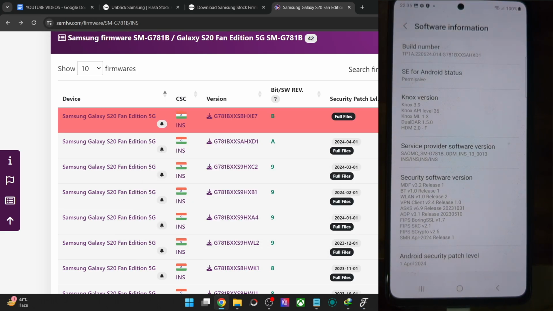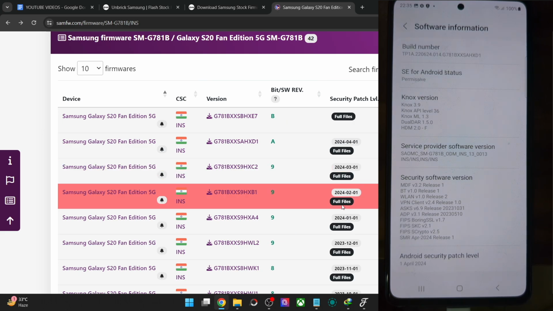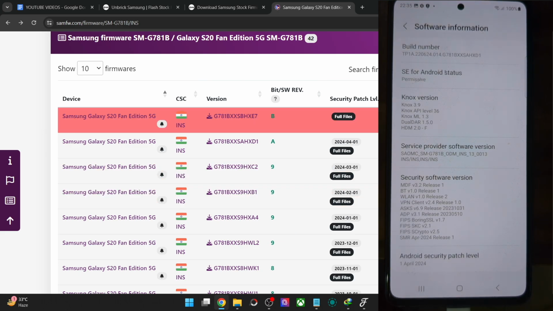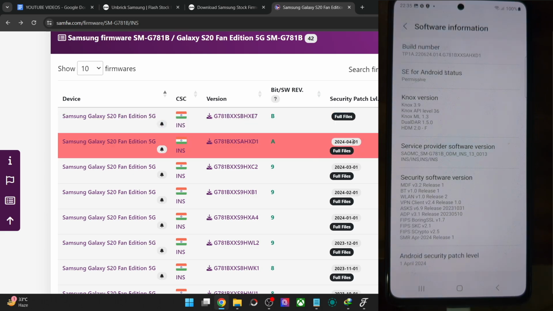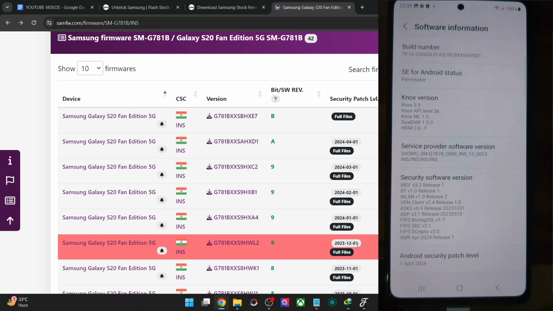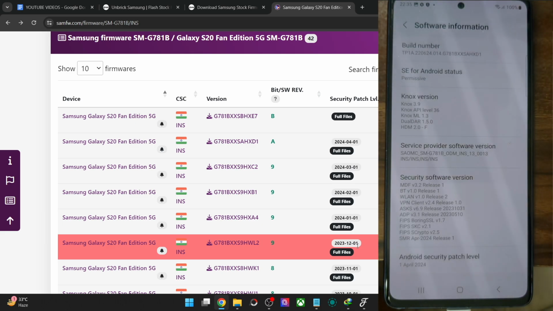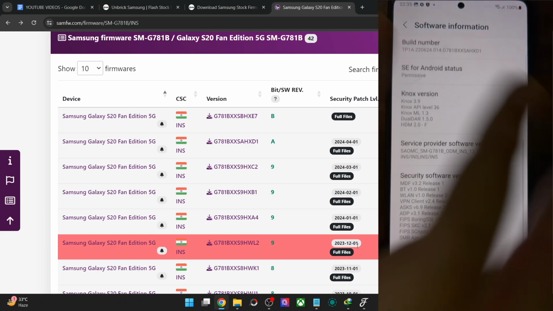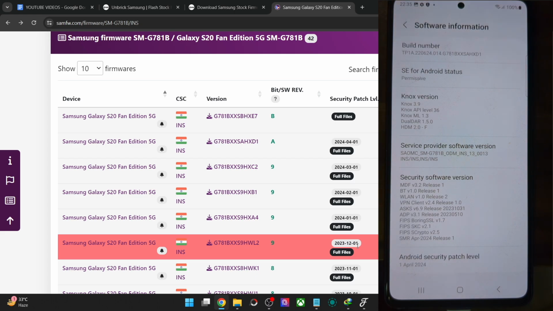So let's say you are currently on the February build and you don't want to flash the latest May build. Then in that case, you may also flash the April or the March build. Just keep in mind that do not do a downgrade directly. For downgrading, there is a separate video and guide I have made. You may check out that guide. You may download an older build, but at least it should be newer than the current build. So if the current build is of month of February, you may download the March or April build as well instead of the May build if you want.